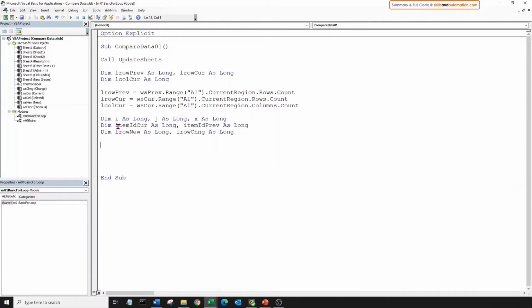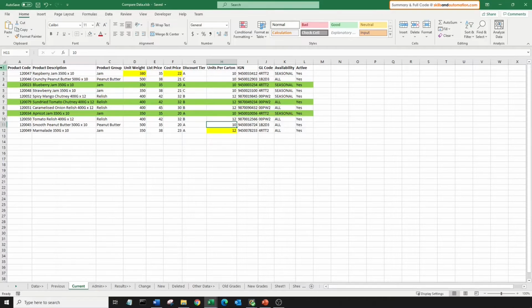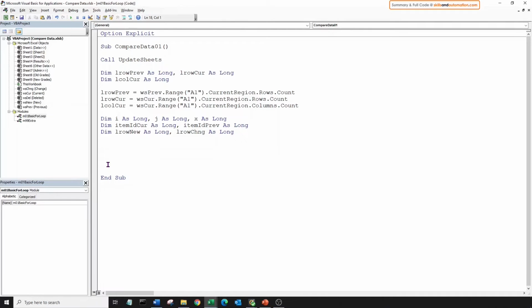So here we are comparing the current versus the previous worksheet. We could do the other way around as well. In that case, if no match is found, then that would indicate a deleted line. Okay, so the first row of the current worksheet is just the headers. So we'll start our loop from the second row